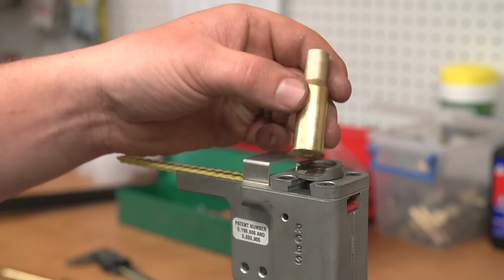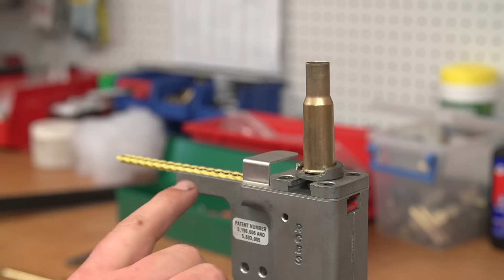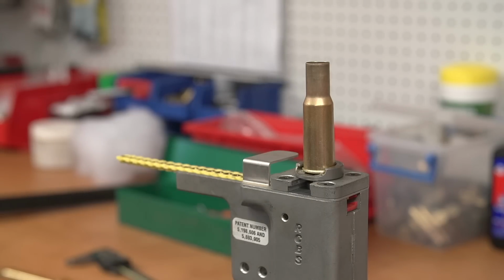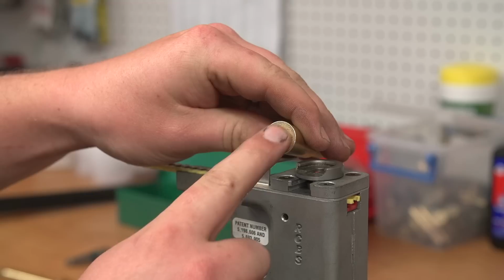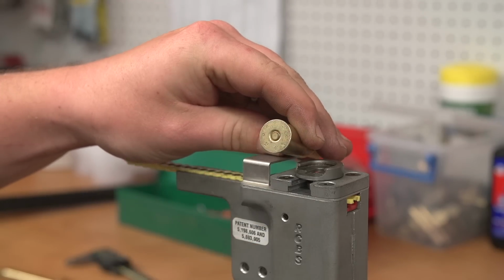All right, guys, so moving along to prime, we've got our shell holder set up in the RCBS press-mounted priming tool. We've got these strips loaded with Winchester large pistol primers. That's what this particular lot of brass calls for. I know a lot of you will be tempted to run large rifle, but it's not necessary. Just run the large pistol because they set in there real nice, about 1/1000th below flush, which is what you want,